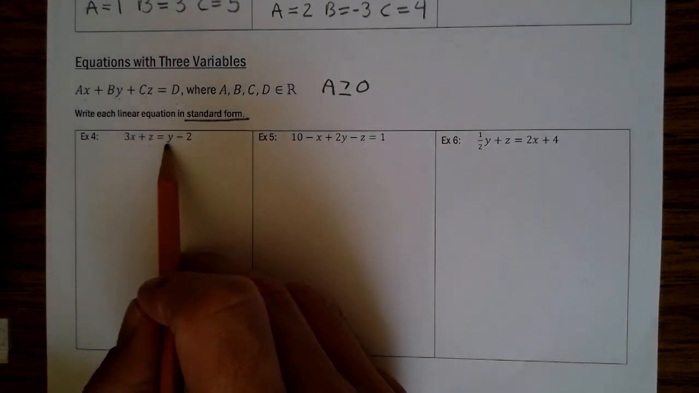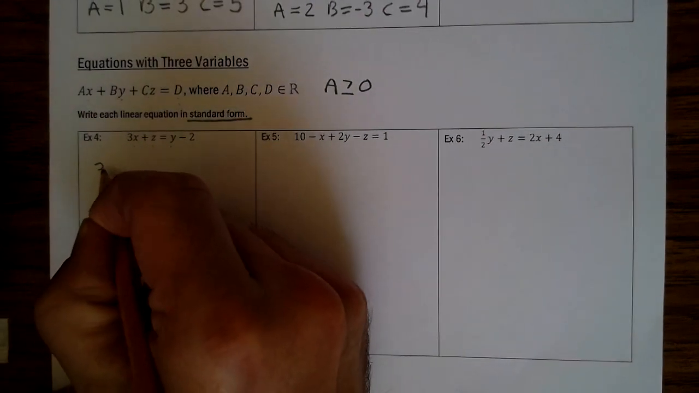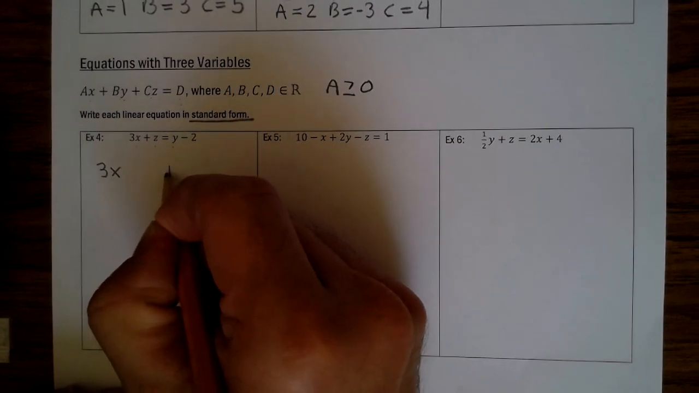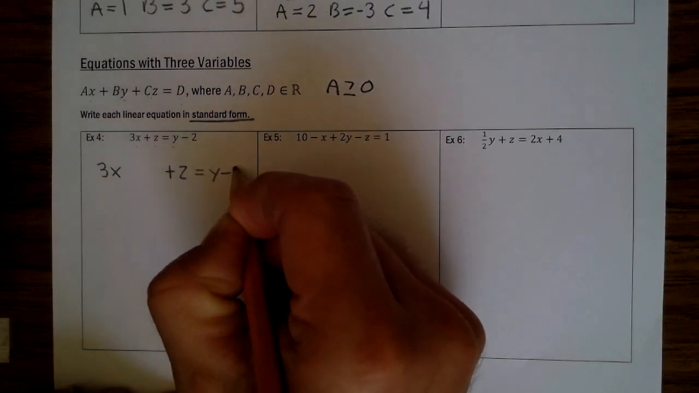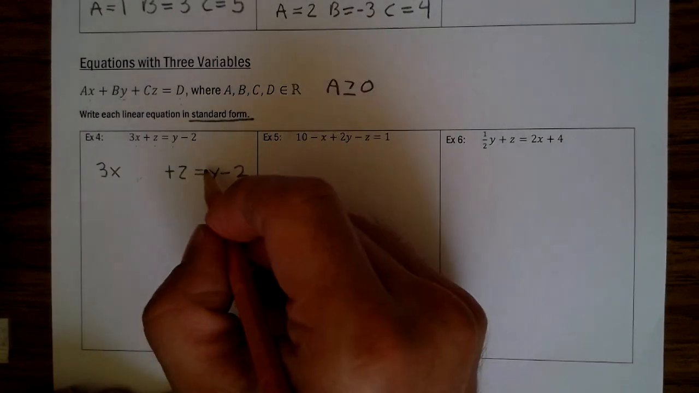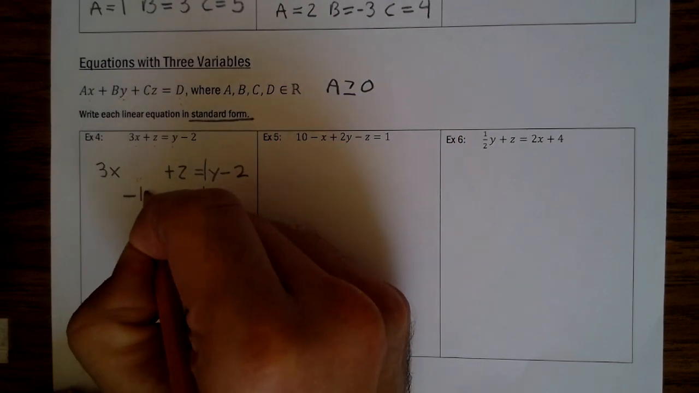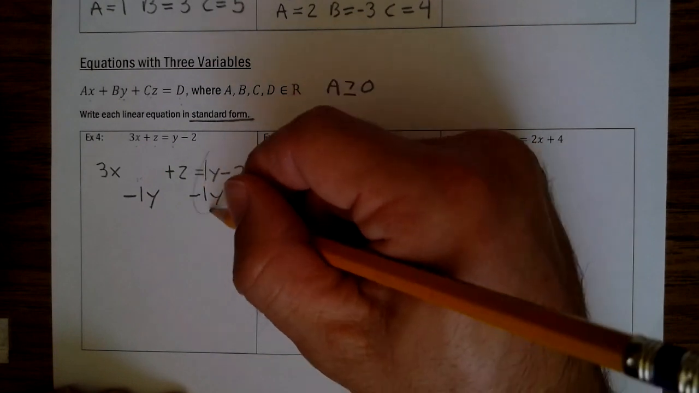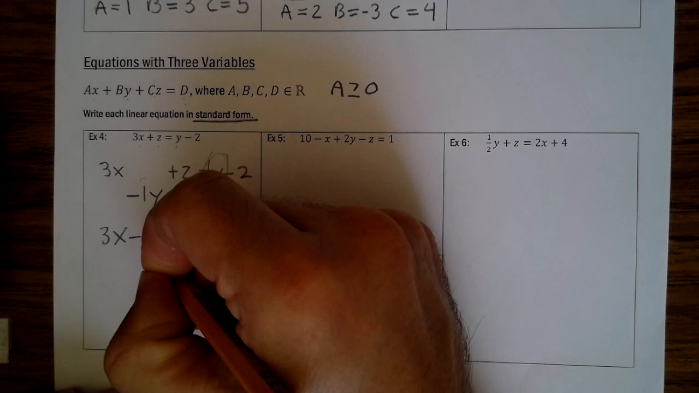Now what I'm going to do is I'm going to go and rewrite this 3x plus z equals y minus 2. The reason I did that is because the y, when we move it over, needs to be in the middle. I'm going to go ahead and put a 1 there. So we have to subtract 1y, and notice I'm subtracting it where the y would be. Okay, so this becomes 0. Now you have 3x minus 1y plus, I'm going to go ahead and put a 1 there, 1z equals negative